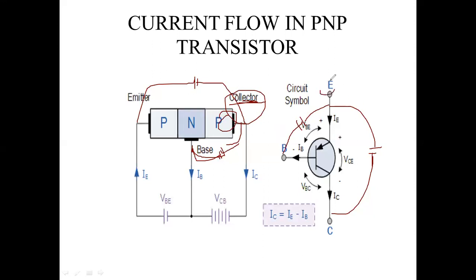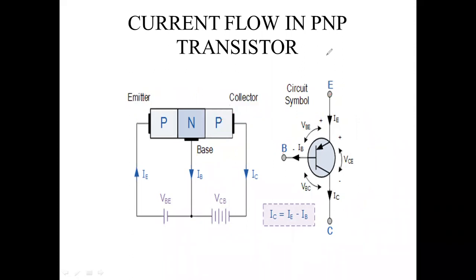If we make the emitter common, then which terminal is left? Base is left. Base to emitter, one supply is given, and collector to emitter, another supply is given. The emitter becomes common, the supply points of both become common. So this is common base, common collector, common emitter supplies, we are going to call it. In detail with the diagram and the derivations, I will explain in the next class.